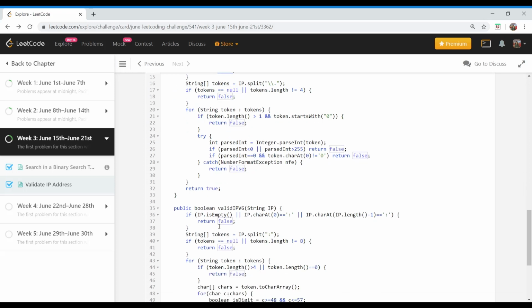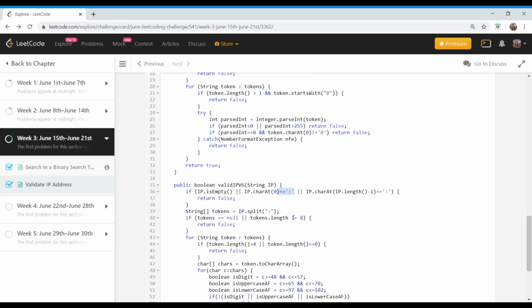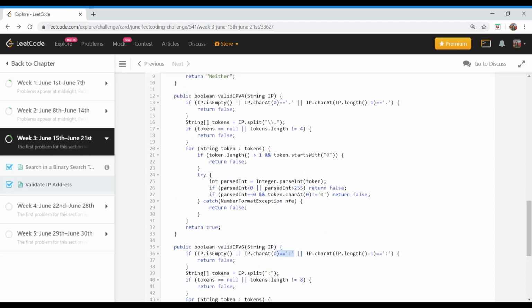We have written a similar thing in the IPv6 method also, but here we would be checking if the first character is colon instead of dot. Then we'll split our IP address by dot. For valid IPv6, we'll split it on colon.